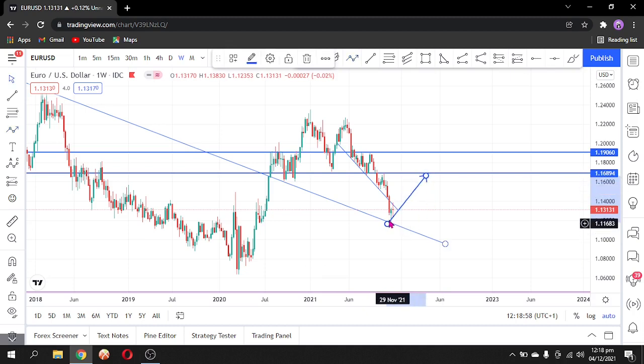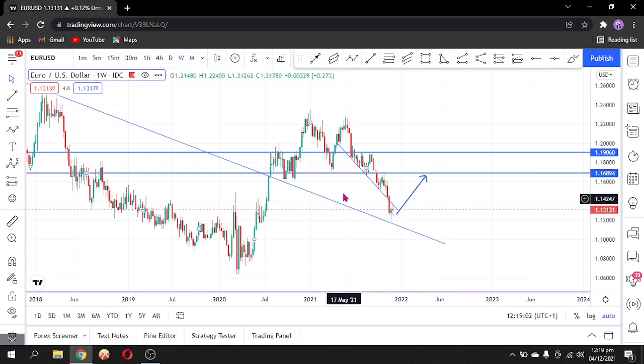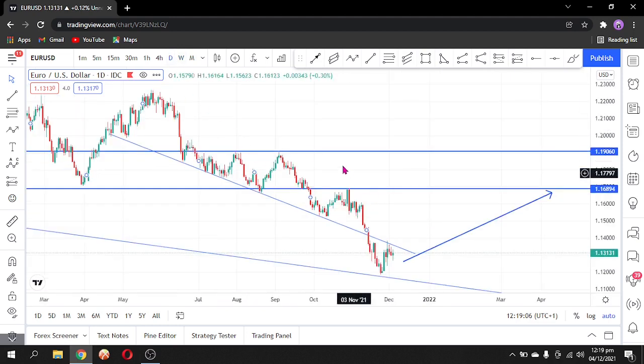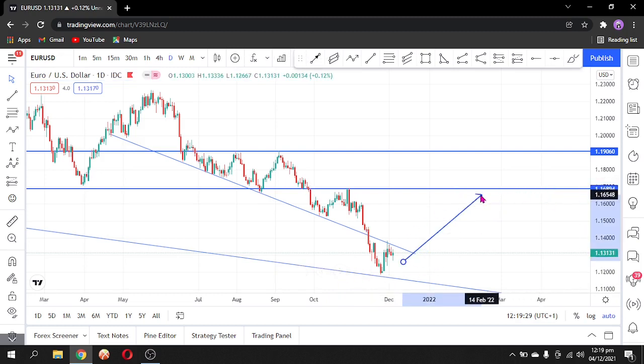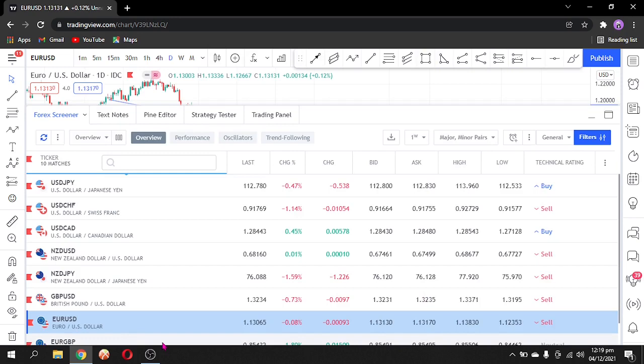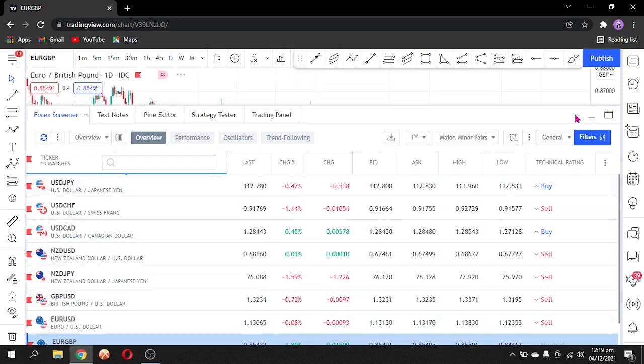to this level, but it will take a while because this is the weekly time frame. If we go back to our daily time frame, you can see price earlier broke this bearish support so that it will come to this monthly support level. Now we expect price to push up this zone. So if I should reduce, yes, this is okay. The next currency pair we'll look at is EURGBP,